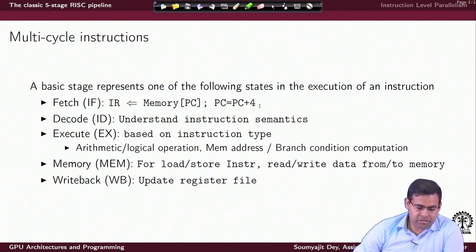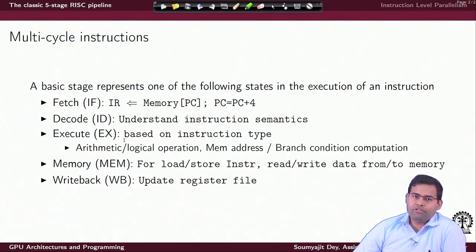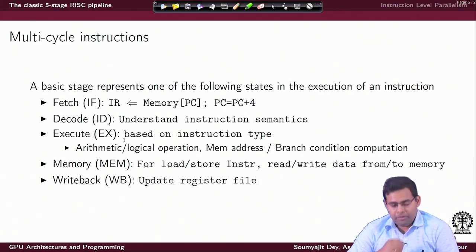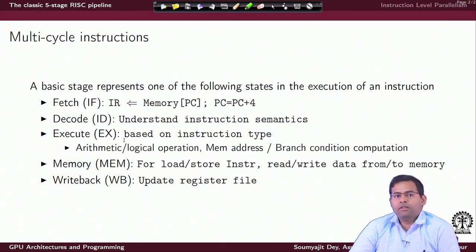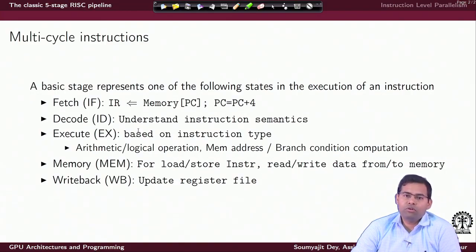Now, what is the next stage? The next stage is the decode stage. That means an instruction has been fetched. An instruction is nothing but a sequence of ones and zeros. In our assumption here it is a 32-bit instruction, and this sequence of ones and zeros needs to be understood by the CPU. In the decode stage, based on the instruction's encoding and its operands, the data path should understand what the instruction wants to do. Is it a load instruction, a store instruction, an add instruction?